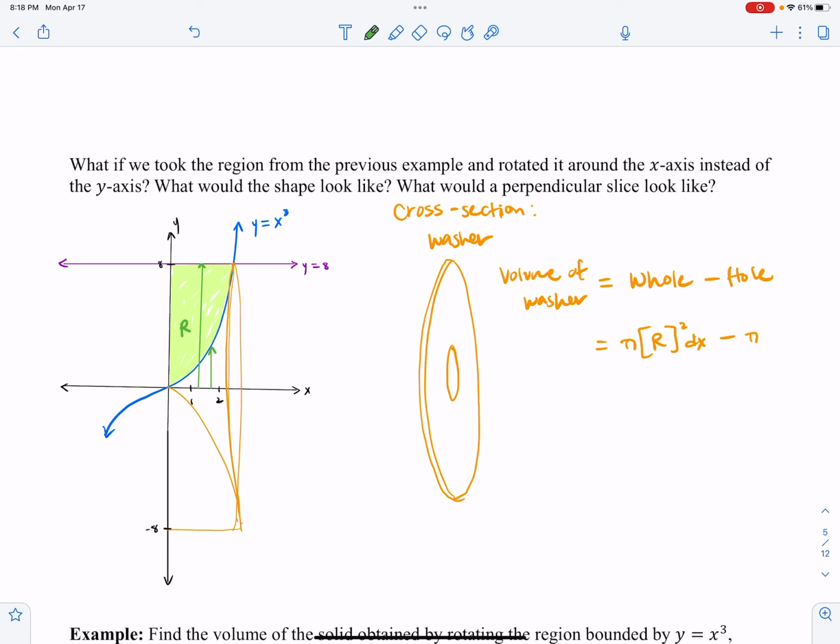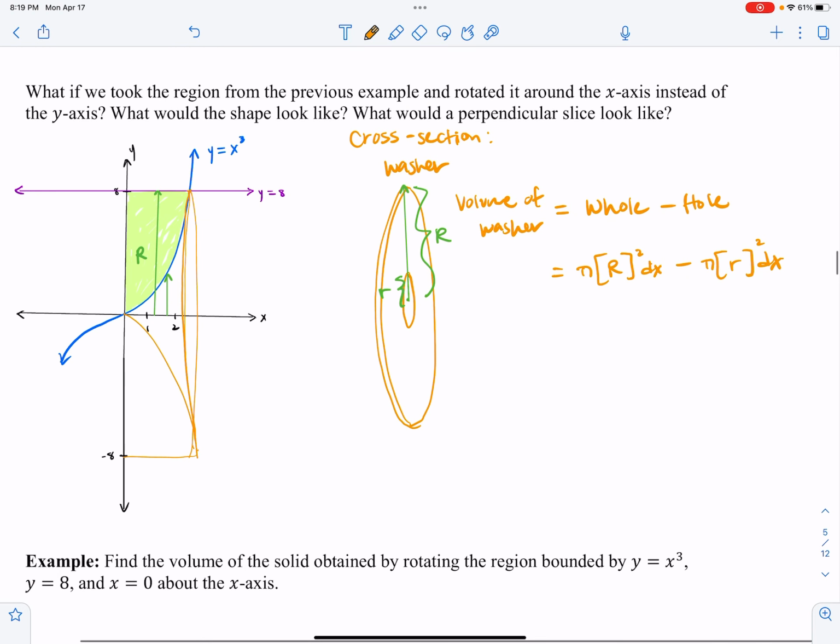So in this picture, that would be big R, and then that would be little r, squared dx. Okay, and if we're adding up all the infinitely many volumes of the washers, the slices that we're taking,